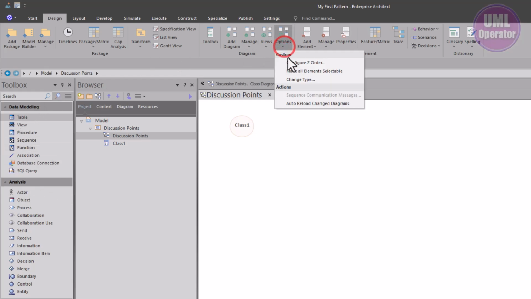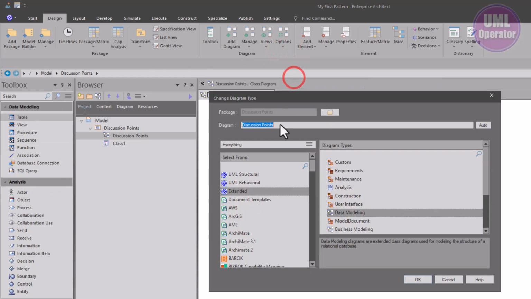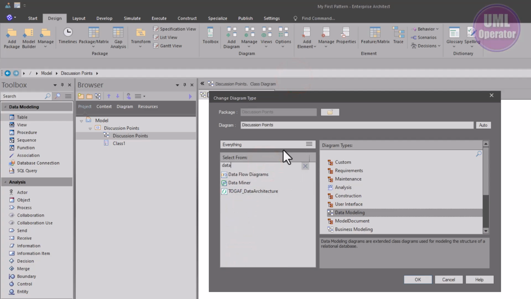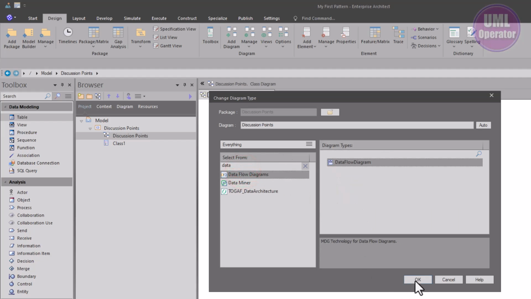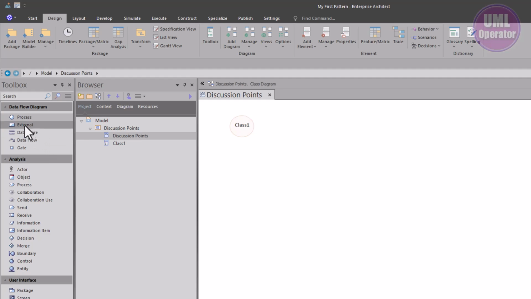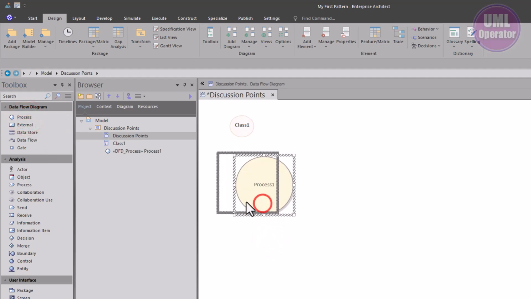Let's do it again. Change type. And I'm going to look for data flow. So data flow, if I remember correctly, had a round shape. So data flow diagrams, I'm going to hit OK. There we go. We have something called process, and it comes in already round, and then we can size this,